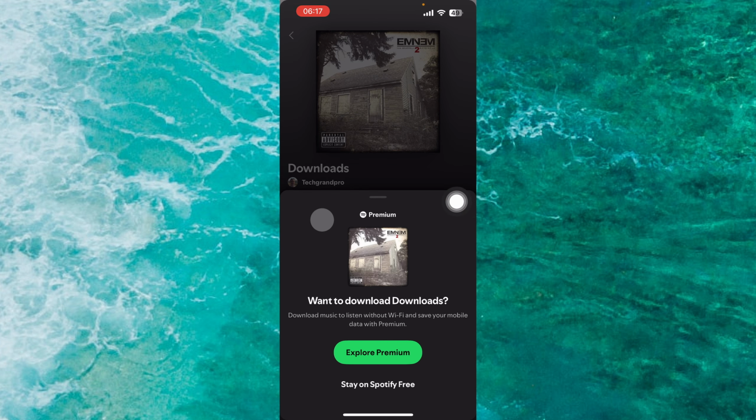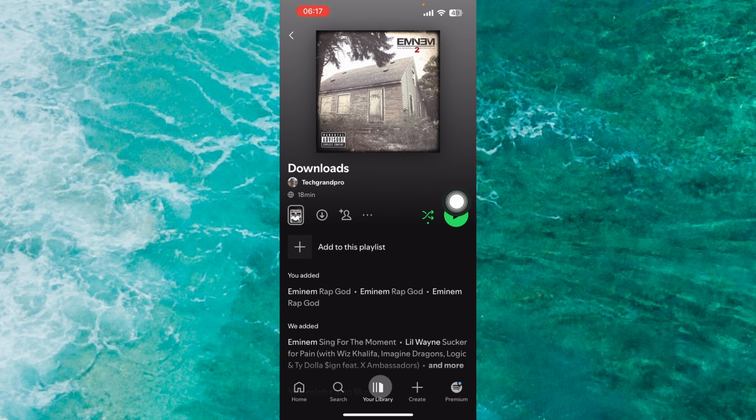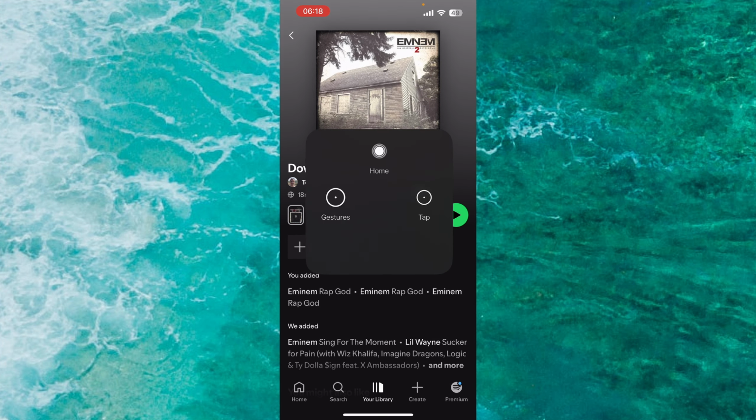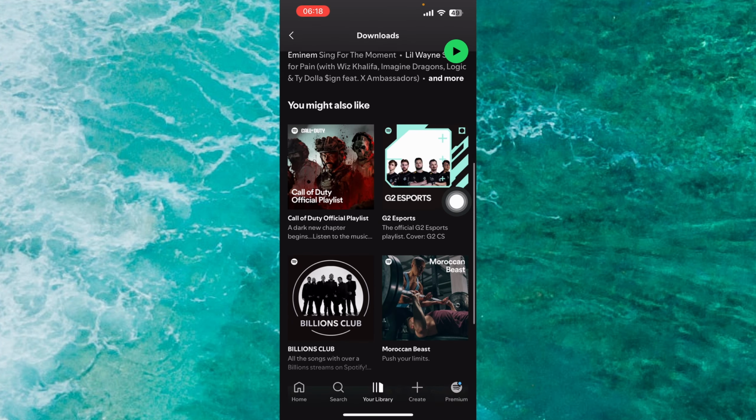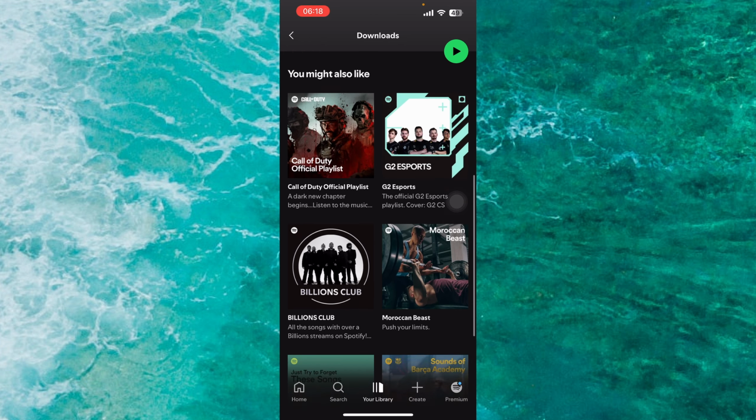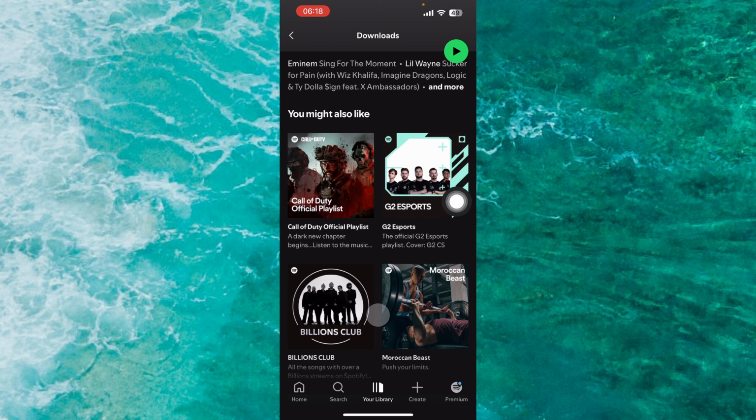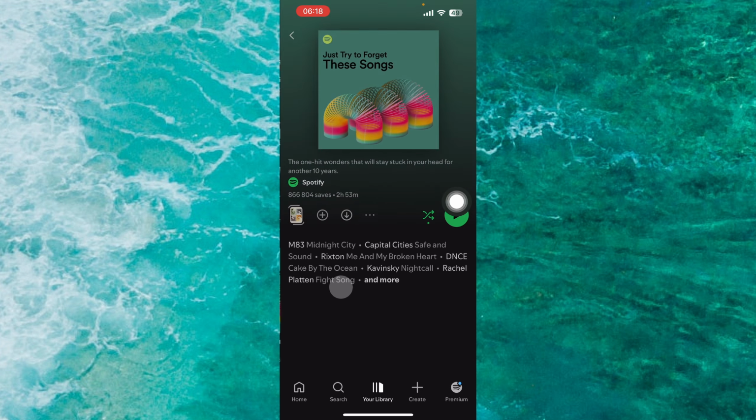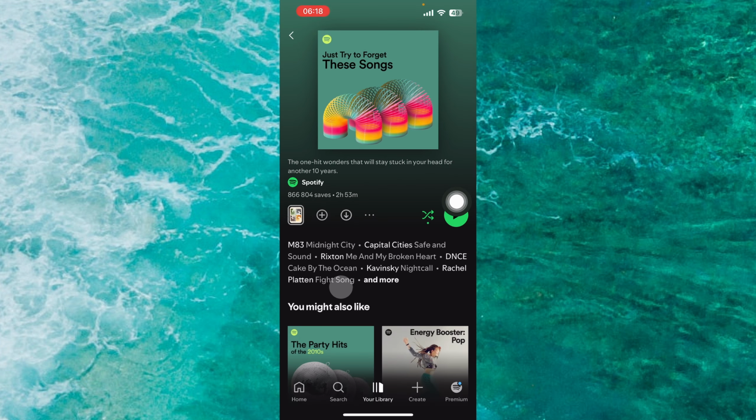You just tap on this and what you can see here, it says want to download music to listen without Wi-Fi and save your mobile data with premium. Explore premium. This means, as you notice, only accounts with premium can download songs from Spotify, and it's true. So basically, to download songs from Spotify, you should have a premium,